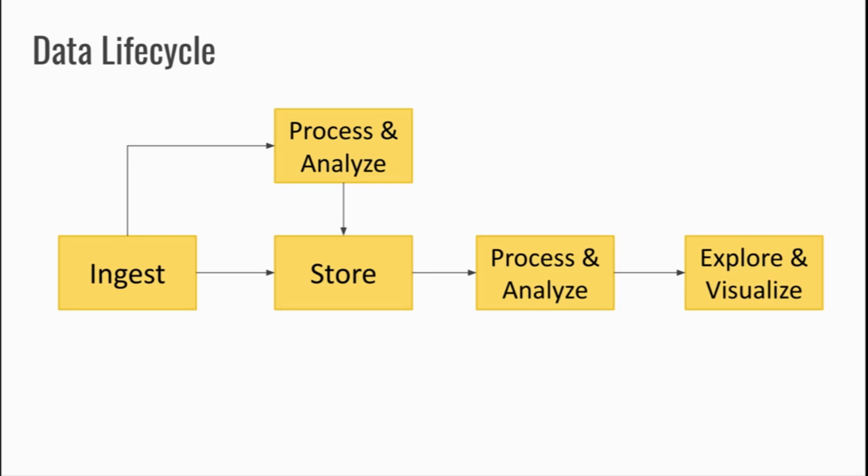The first stage is ingest. Ingest is the stage where you basically pull all the raw data from your different on-premise infrastructure. It can be your legacy mainframe system, or it can be databases, or it can be any data store. You pull your data from IoT devices or other real-time streaming systems. You have your application logs and mobile logs. So you take all the raw data, and then you store it.